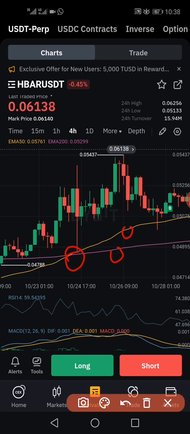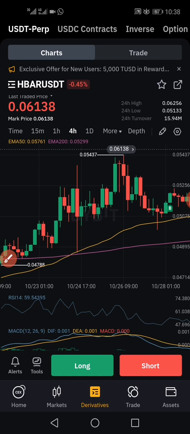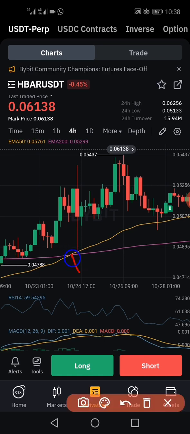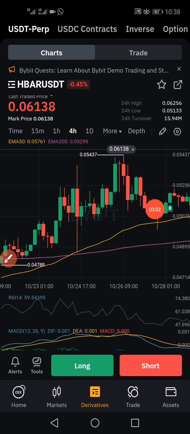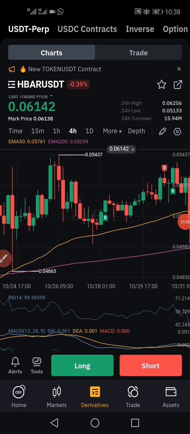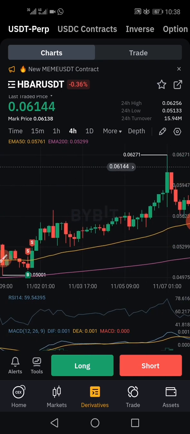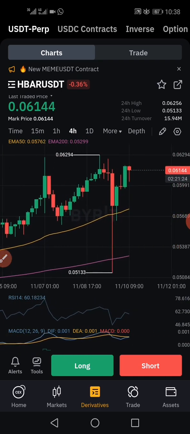Now if you look at this 4 hours time frame, at this point the 50 moving average crosses the 200. Now you see that the price of the asset continues to go up, continues to go up, continues to go up. Now at the point it crossed it,